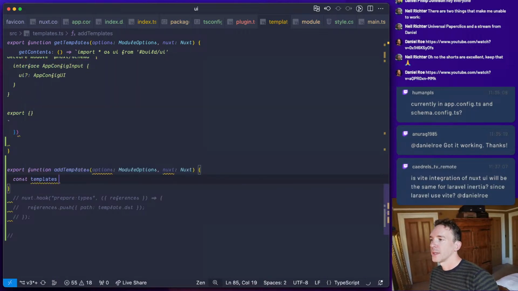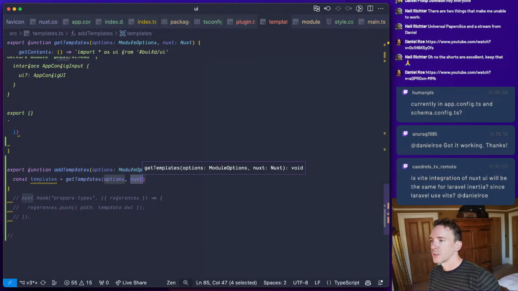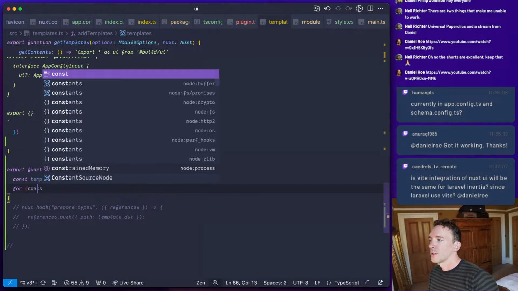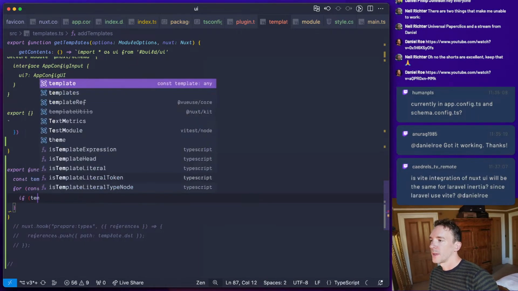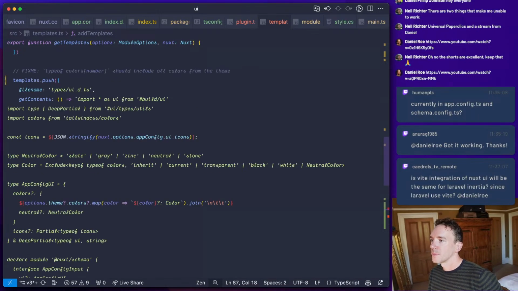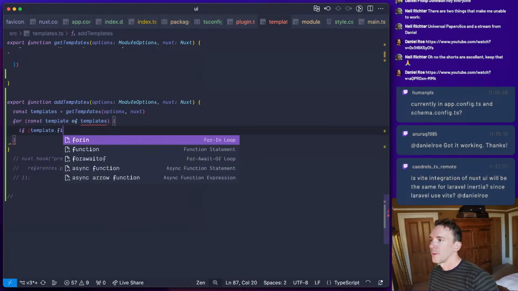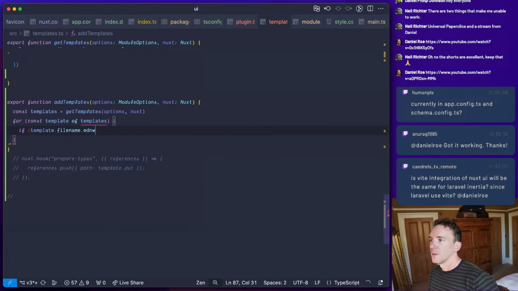So const templates equals get templates options nuxt. For const template of templates, we are going to if template dot filename ends with, oh, have to return it.